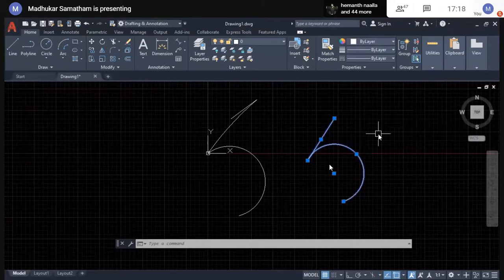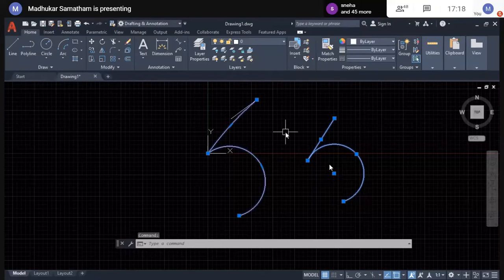Then what happens in the database? It will consider line as one equation, arc as another equation. Between those two equations, there is one relation, which generates another equation. Like that, three types of equations, so the database increases. To avoid this, it is better to use the polyline option.